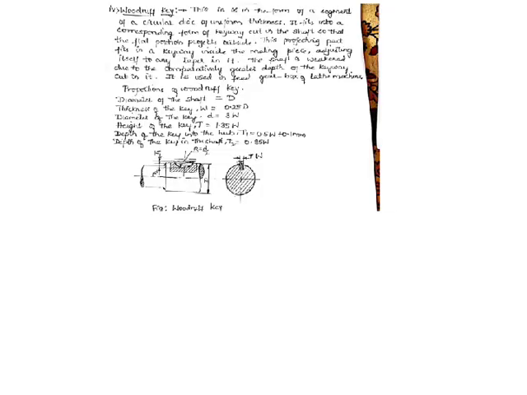Coming to the next type of key called the Woodruff key. This is in the form of a segment of a circular disc, of uniform thickness. It fits into the corresponding form of a keyway cut in the shaft, so that the flat portion will always be projecting outside. The circular part will always be inside the shaft. The projecting part will fit in the keyway inside the mating piece, adjusting itself to any taper in it.